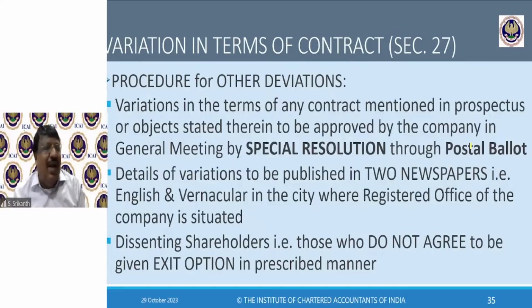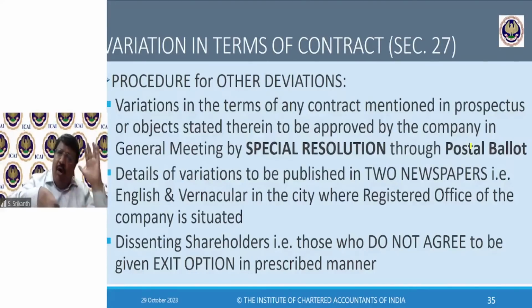If the special resolution cannot be passed, you know that, because of the definition of special resolution. If a sufficient number of people vote against, then you have to multiply by 3. The number of votes cast in favor should be 3 times. It is not possible now. See, think about it. Suppose 40% of the paid up capital says no, then remaining is only 60. Even if all of them vote for, still you need 40 into 3, 120. You won't get 120%, only 100 is there. So 40, you are getting only 1.5 times, whereas you need 3 times. 60 is not enough. So you cannot pass a special resolution. Got it?